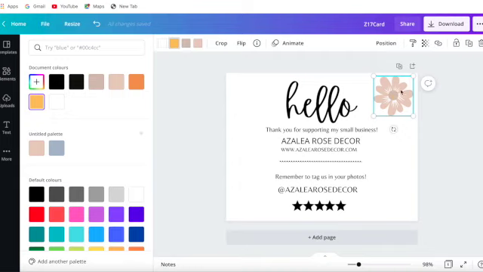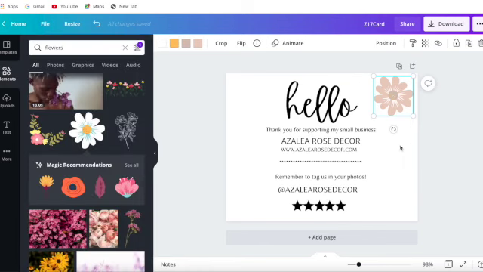So usually the colors correspond with the part of the element that you can change. So for example, this white part is only for this part here. This kind of beige color is for the outer petals. This kind of slightly darker beige color is for the middle, and then the kind of mustard color for these little dots in the middle of that circle there. So just kind of play around with it until you get the shades exactly. So these shades might not exactly be complementary of each other, but it's just to give you an idea of how to actually change the colors in your template. So the next thing we're going to quickly cover is how to duplicate a page